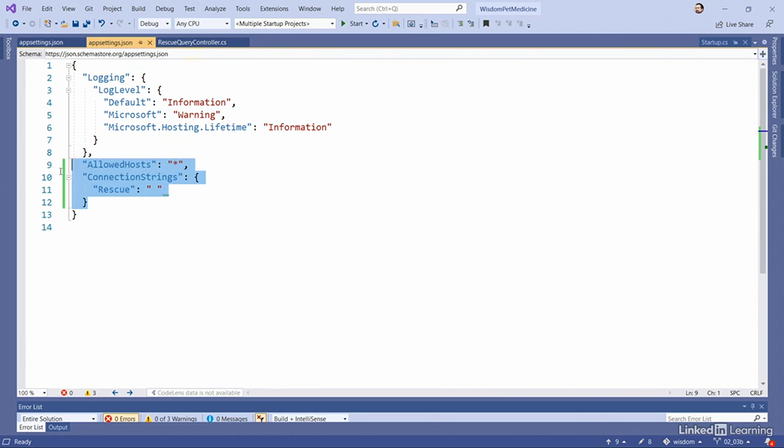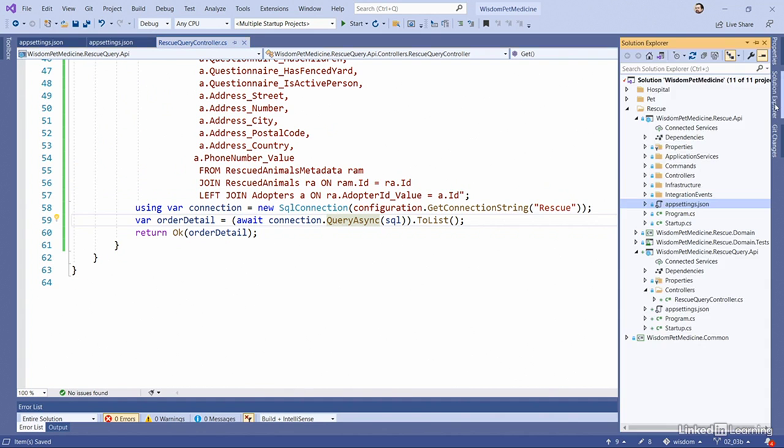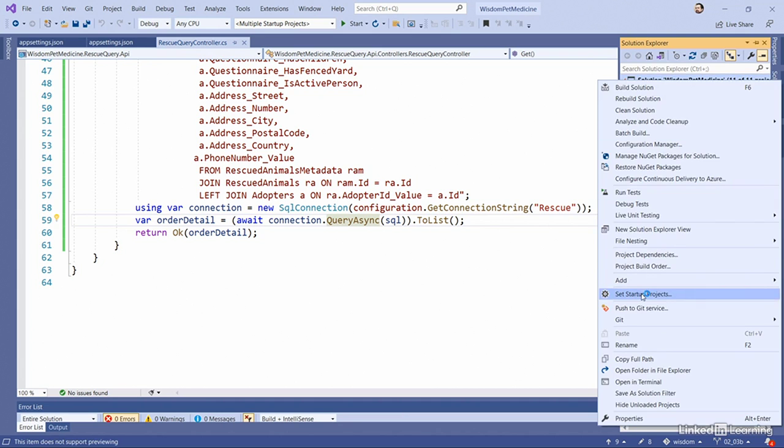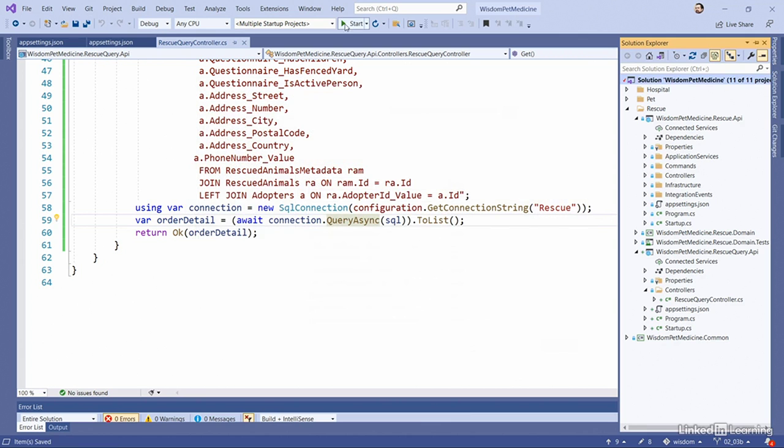Let's go back and paste it right here. Done. Finally, we need to be sure that this new project gets executed. So let's right-click here in the solution, set startup projects, and here, the Rescue Query API, we're going to set it as start. Done. Let's click on the start debugging session,